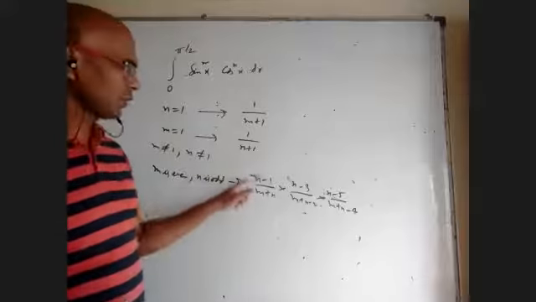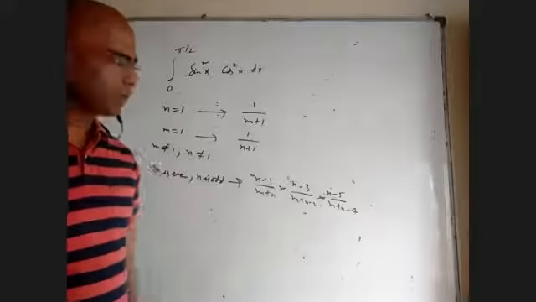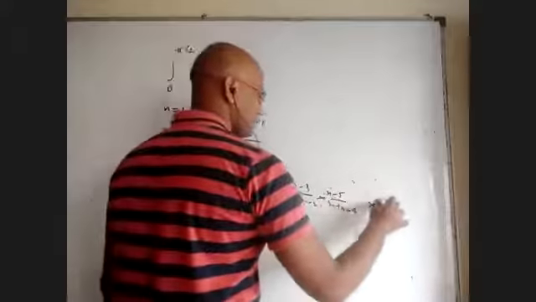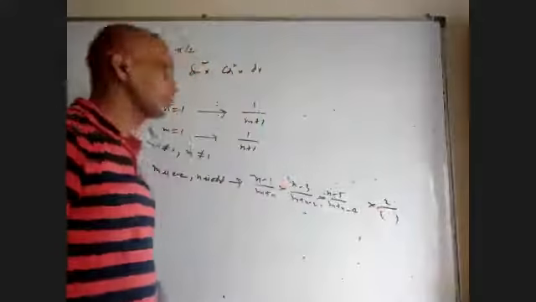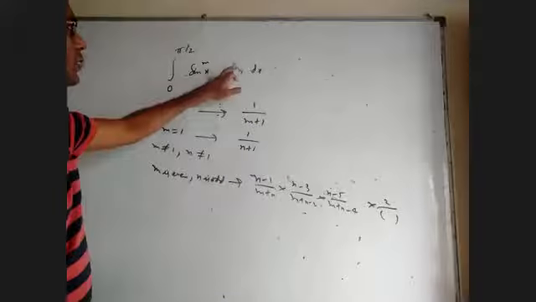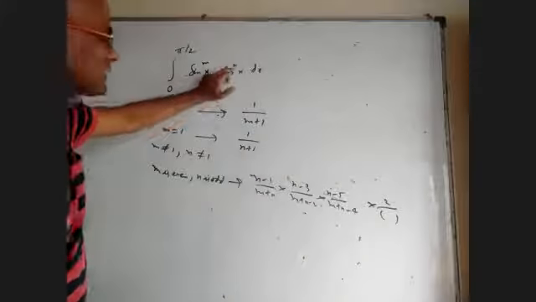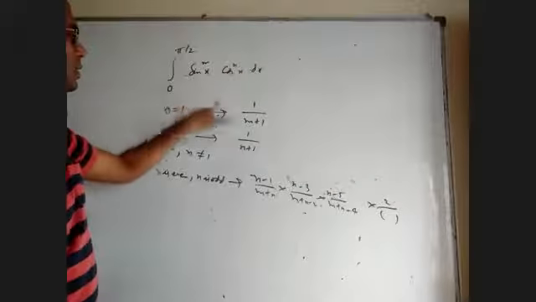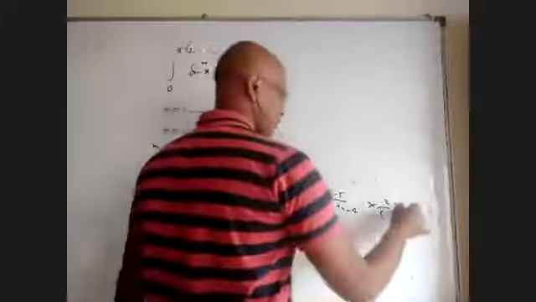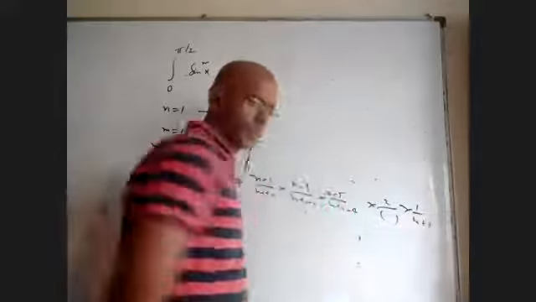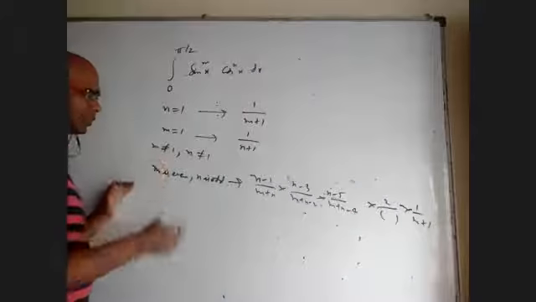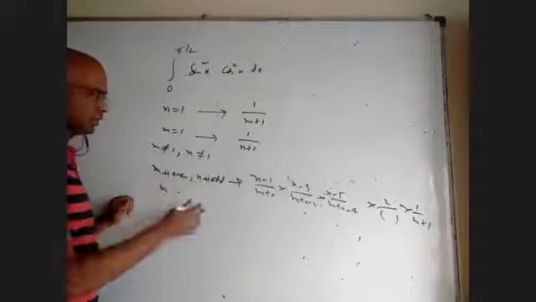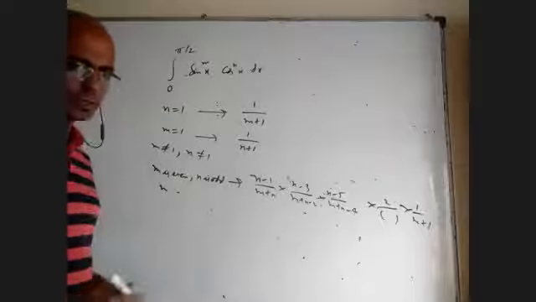Because n is odd, n minus 1 is even. All these are even. Somewhere at the last, you'll get 2 by something in the denominator. After that, this will become 1. When it is 3, we got 2 here and it will become 1. When it is 1, we know what is the answer. We will multiply with 1 by (n plus 2). So like that, I have to think: m is even, n is even, all those 4 cases.